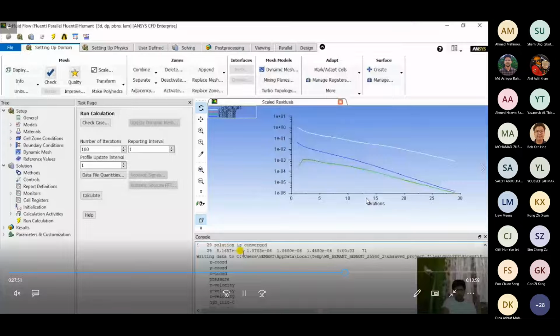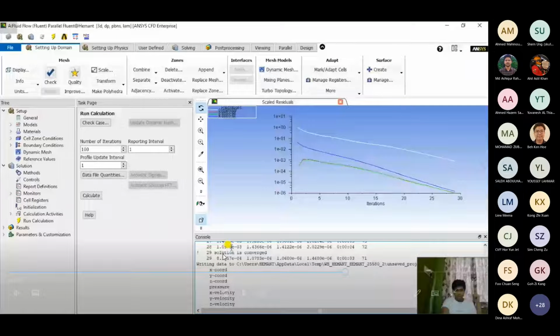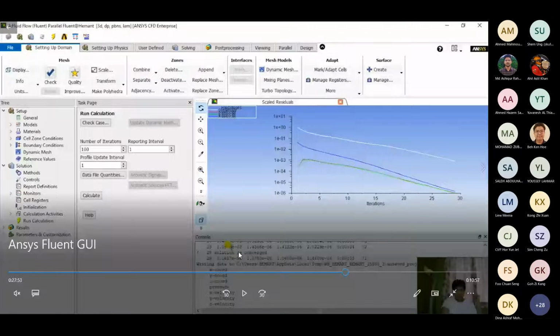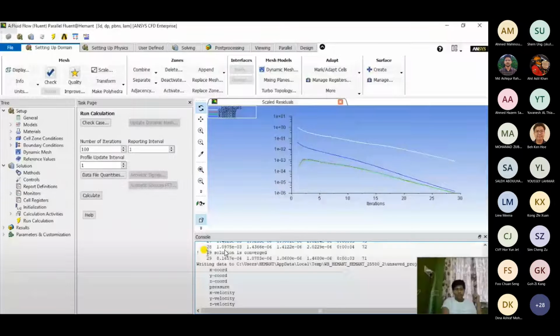That means all of my equations' values that I have gotten for the residual, the difference between two successive terms for each and every equation, came below 10 raised to minus 3. So that's why, even here you can see, right, at the 20th iteration, 1.09 into 10 raised to minus 3 is my residual, my difference between my two successive inputs.